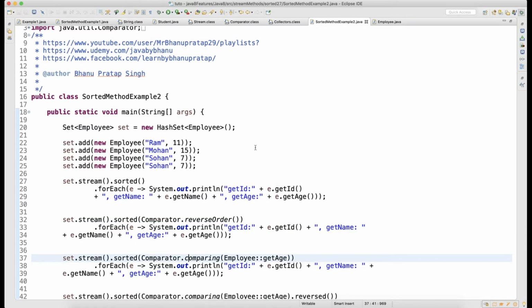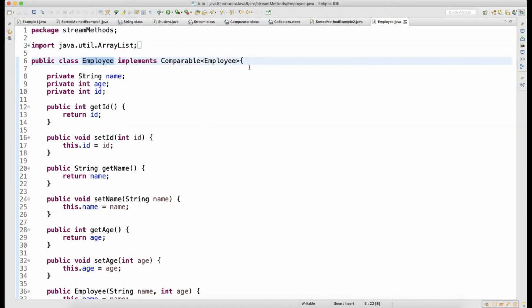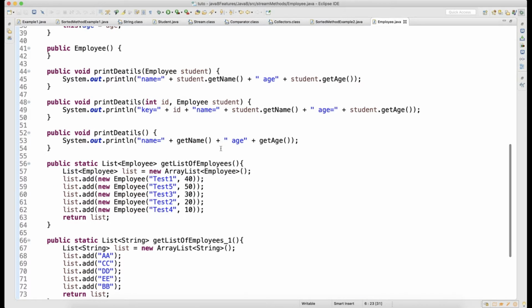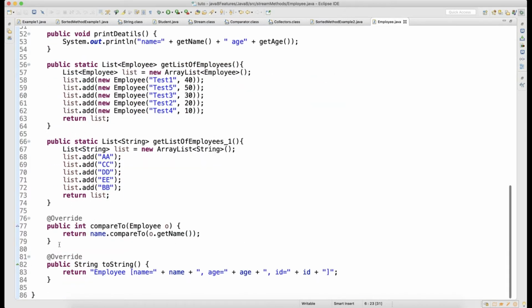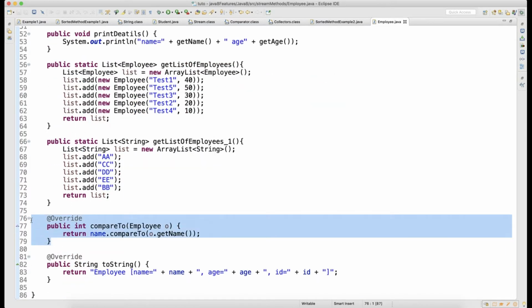The reason is, if you go inside the employee class, press Ctrl, click on Employee, this guy I'm implementing Comparable, okay? So it has a default sorting. Since I'm implementing Comparable, and if you scroll down, I'm overriding the compareTo method and I'm comparing by the name, okay? So that is the reason this guy is not giving you the issue, right?